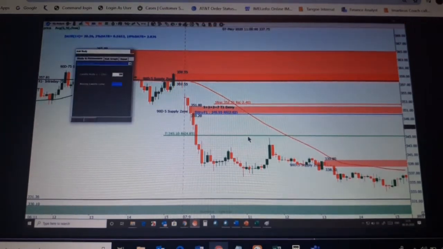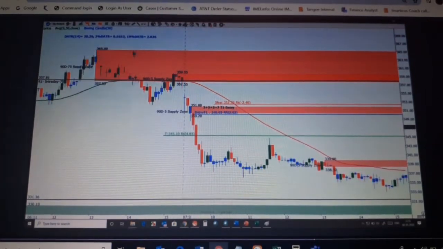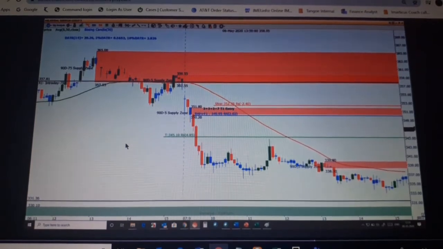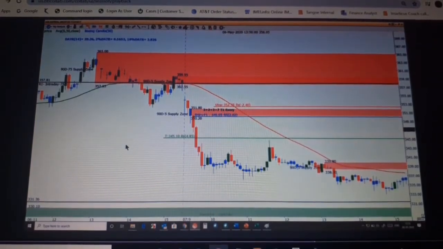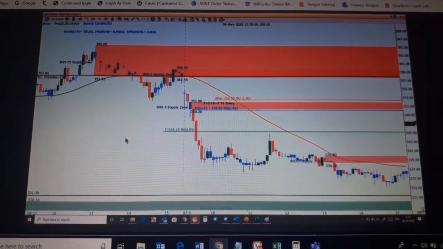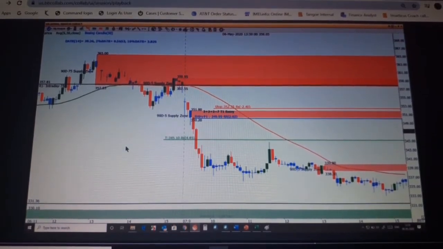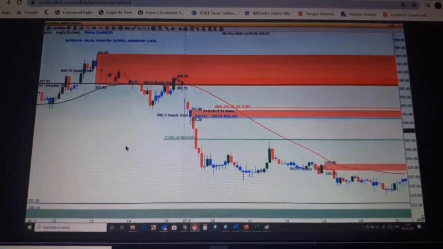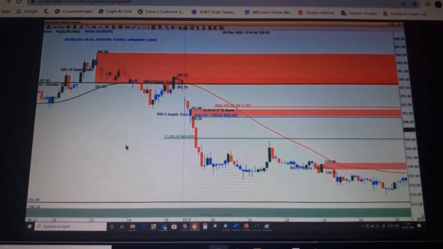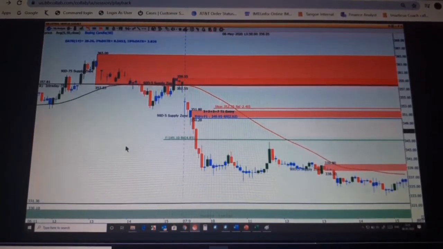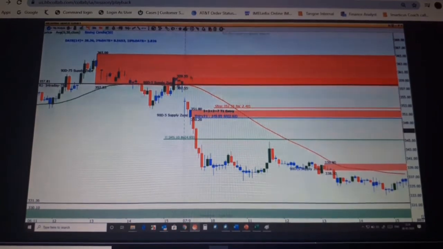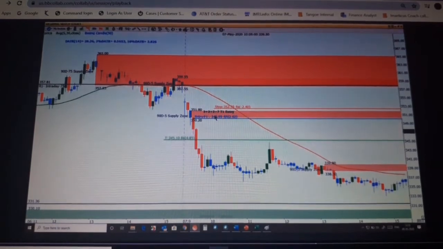Check it. That's how your eyes should be trained. Kavita. Yes, Rohit. So that's what I marked. Come on, I have marked this supply zone and told you that this is the supply zone that is closer to your current market price, where the current market price closed yesterday. So this is what you could look for, not this.